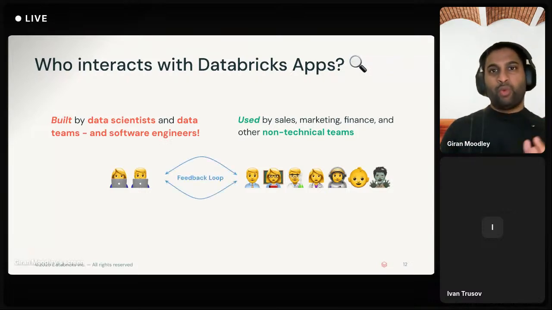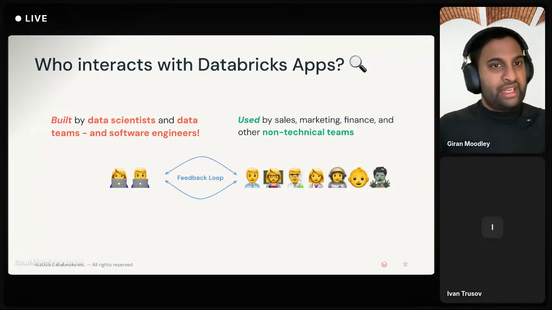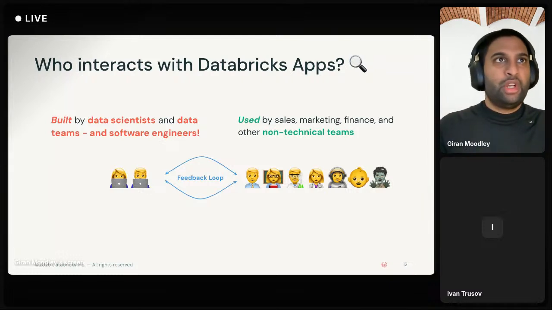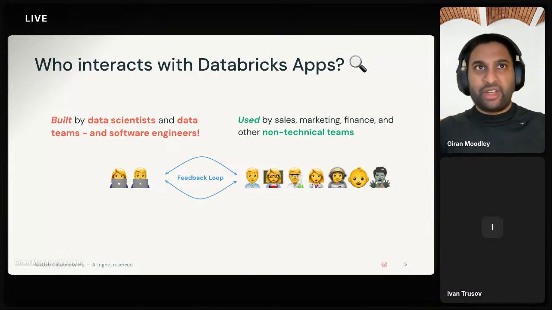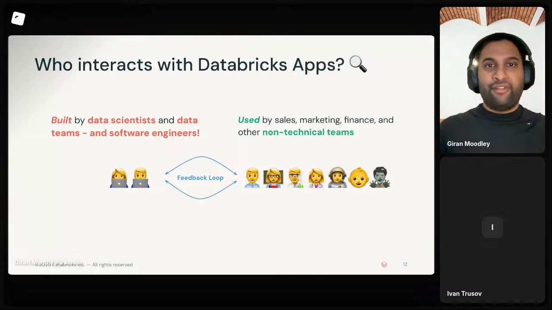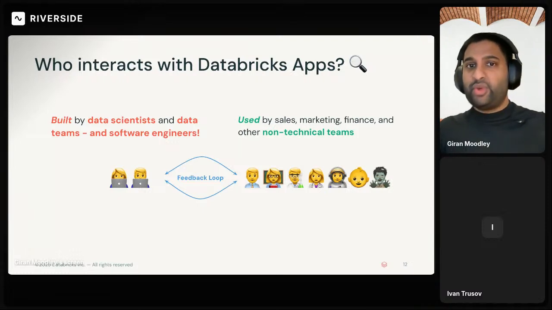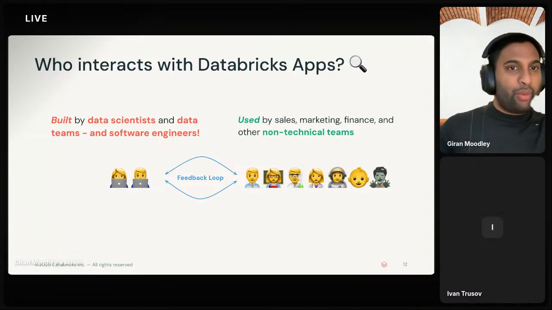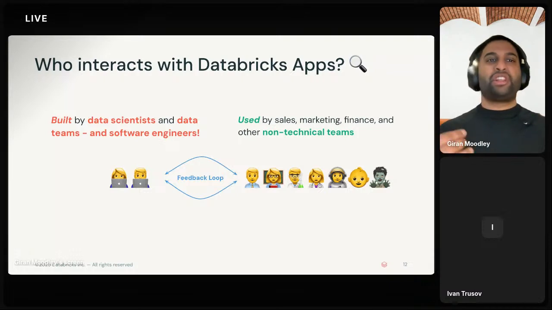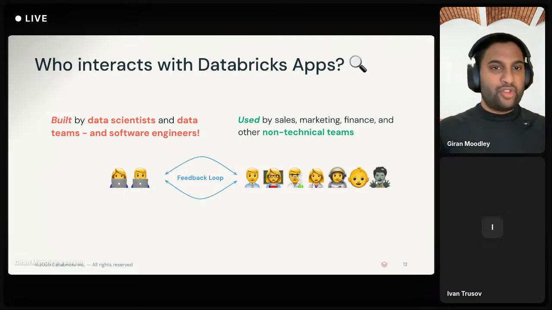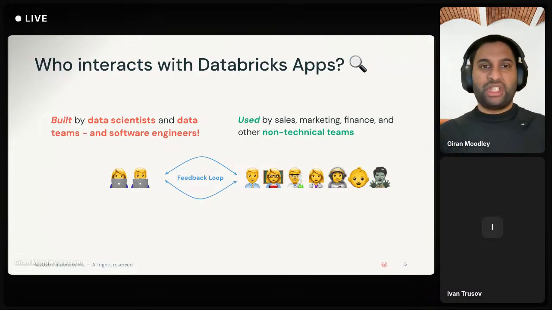And this is really critical when it comes to developing things in a very agile manner, because you're using applications that have been deployed very quickly, it's easy to get a feedback loop from those business users. And because of the way that we're developing things using Databricks apps, it just allows us to be a bit more agile, deploy those changes, and get to understanding what your roadmap looks like. And we'll talk about this in a bit more detail as well.